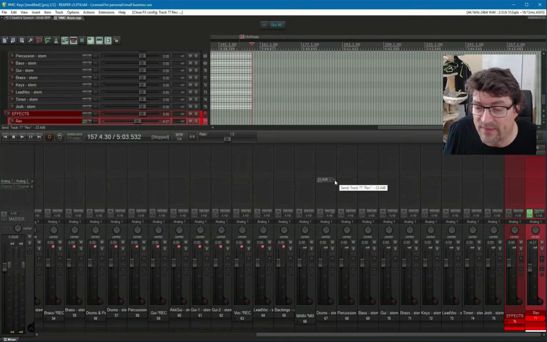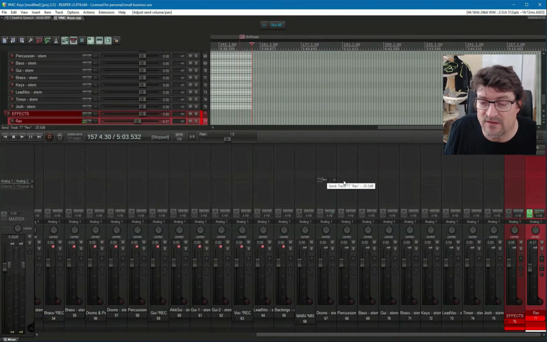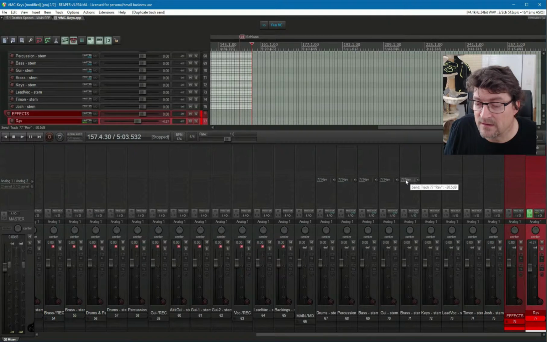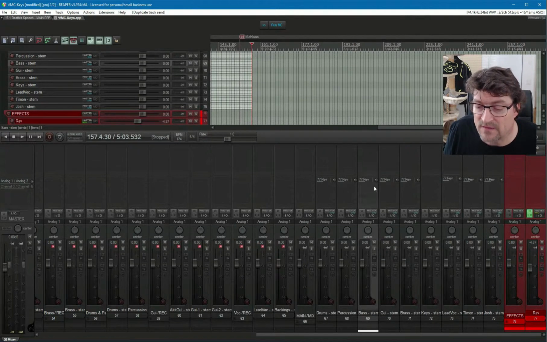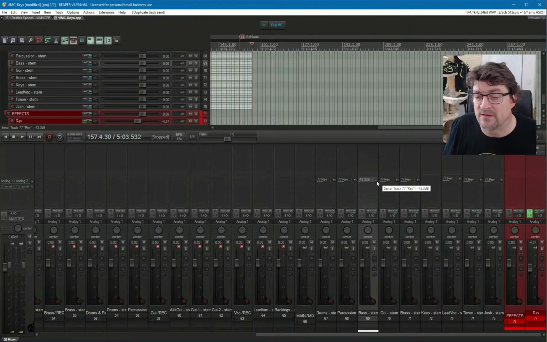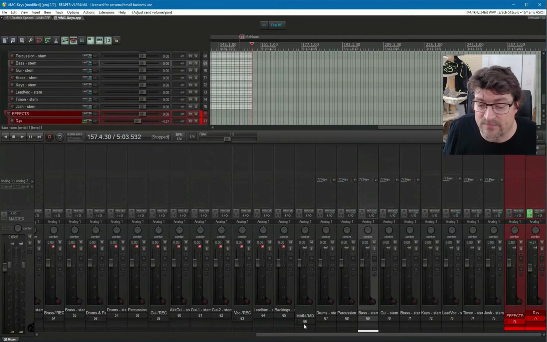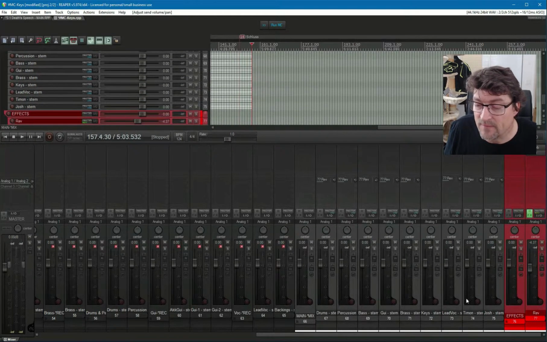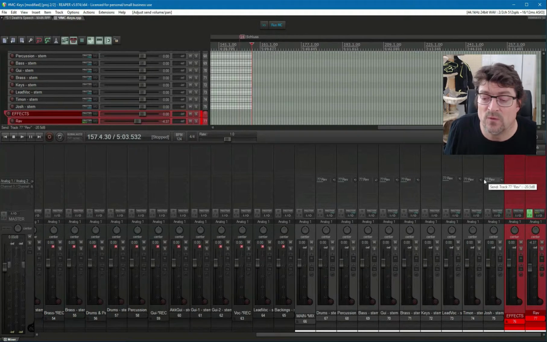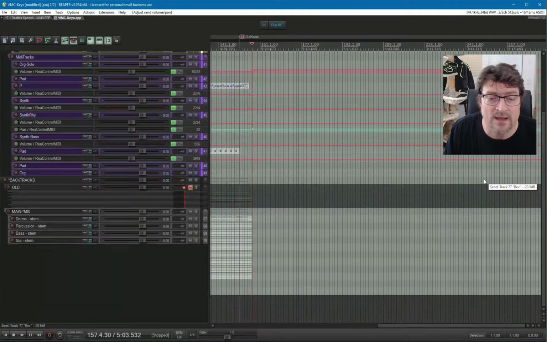Don't need to send quite that much. Usually around -20 dB is fine. I'll copy that over to all other tracks other than the keys, because the keys have their own effects. And the bass usually doesn't need as much reverb as the other instruments involved. So like that, we have a backtrack mix which sounds just fine for playing along, and this is probably one